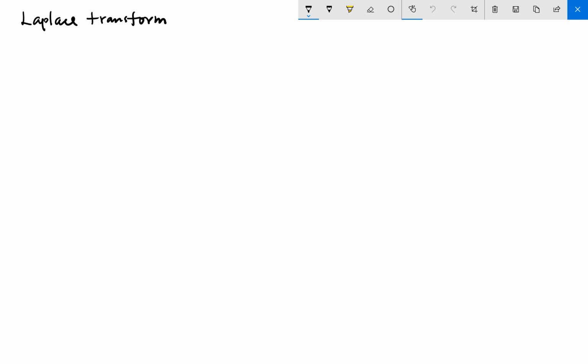In this video, we will learn Laplace Transform. Laplace Transform is an important technique which can be used to solve differential equations. For a given function f(t), its Laplace transform has been defined like this. This is L{f(t)}